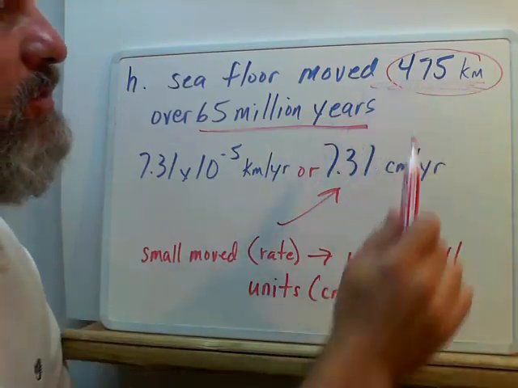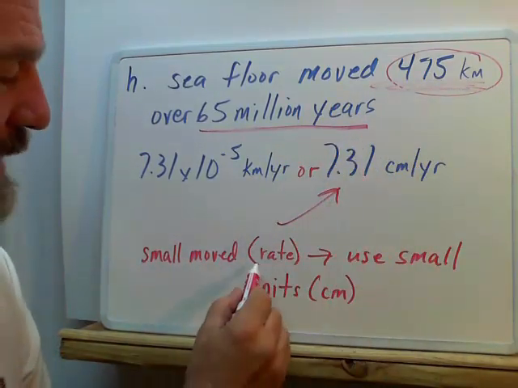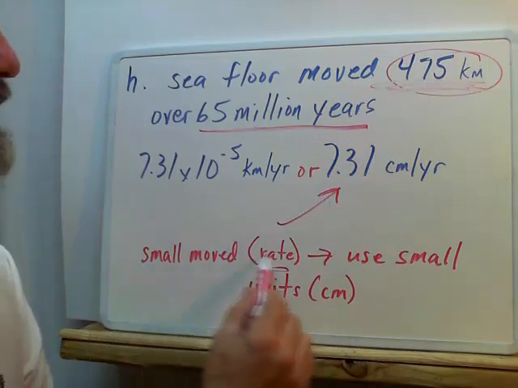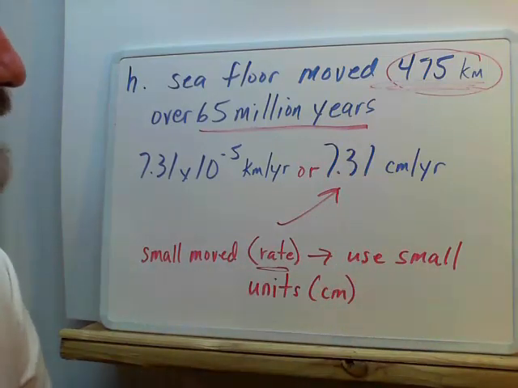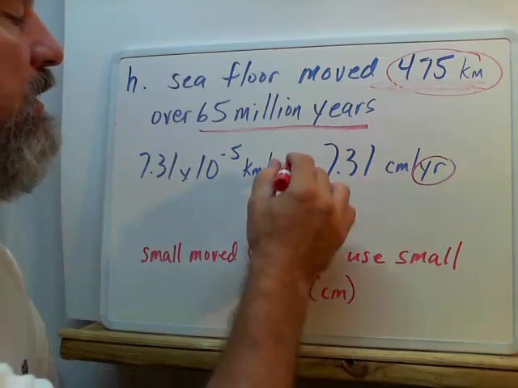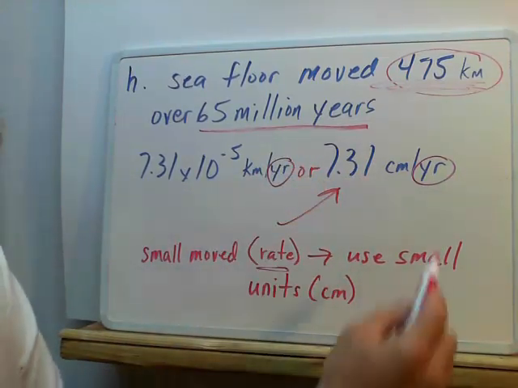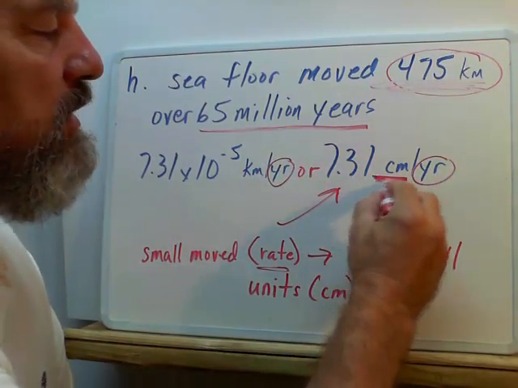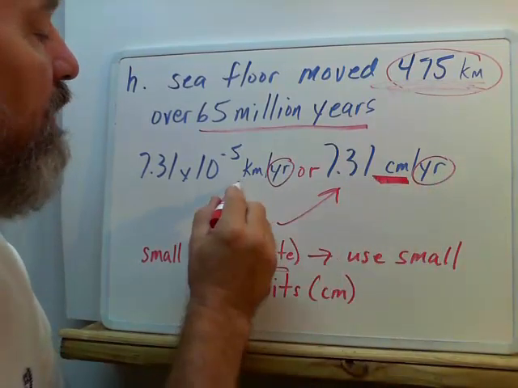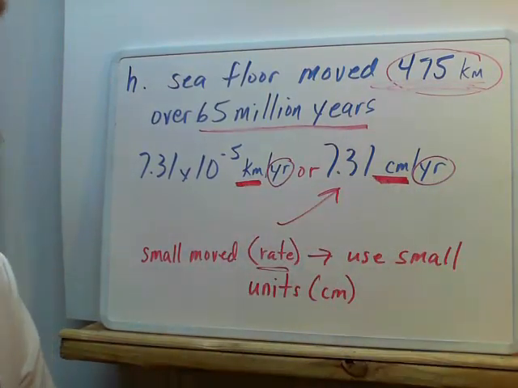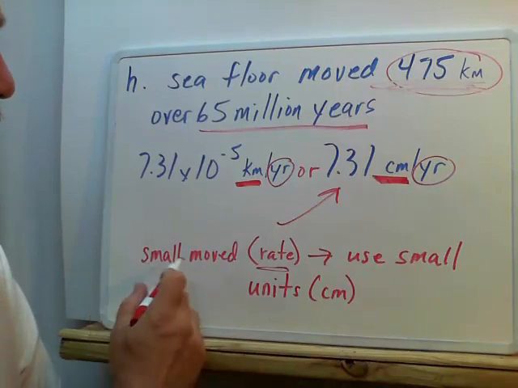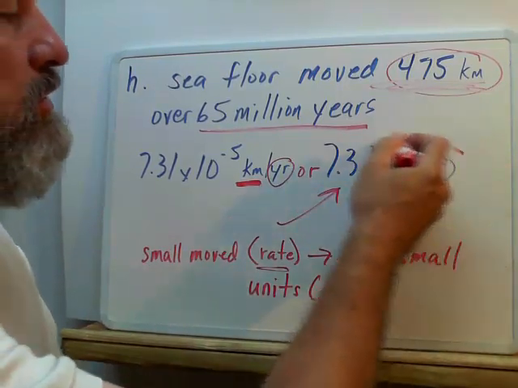That's a fairly large distance. That is a very small rate. That's why I put the rate here. So since it's small, we're going to use the smaller of the two units. Now some of you would look at the year and say, well, year is a pretty large unit. But we're not focused on year here. We're focused on either centimeters per year versus kilometers per year. Okay, so clearly we should use a small unit, so we should use this one here,